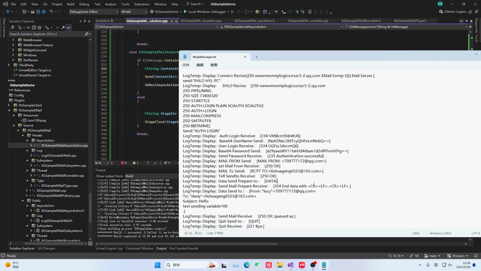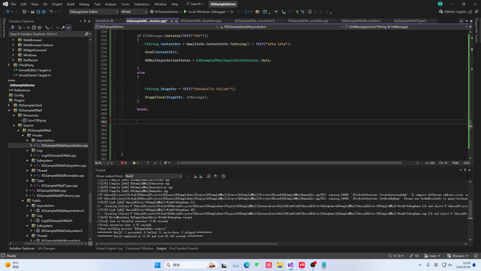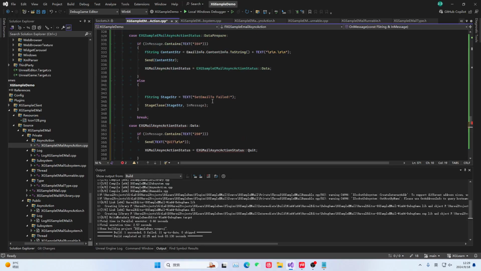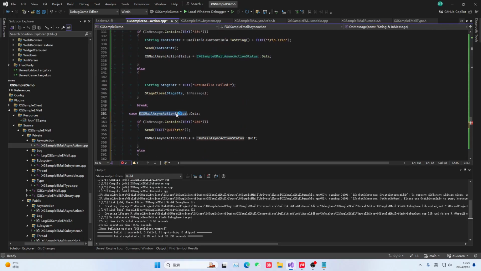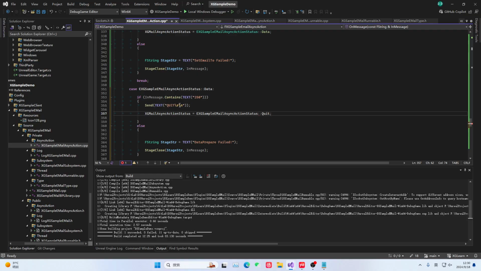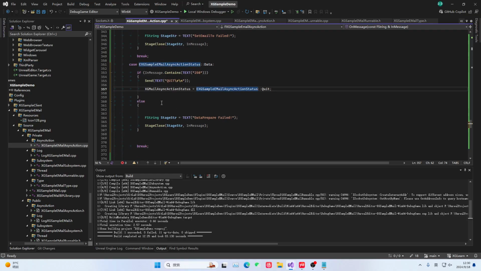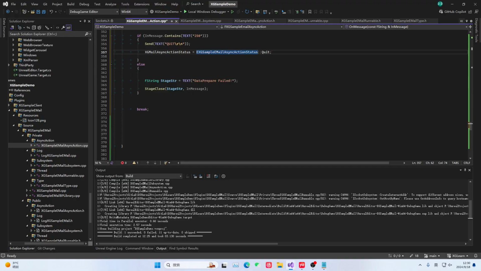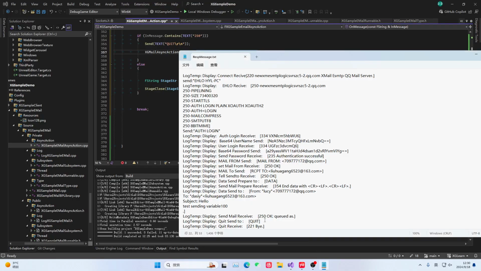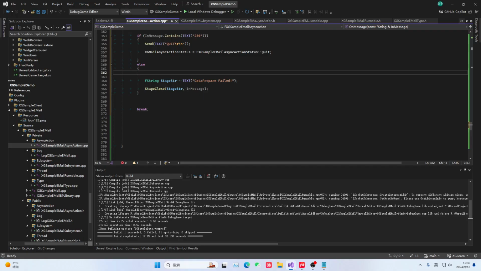Okay, after this phase is completed, because we gave this end field, he will then give a 250 okay, meaning it has been queued in. Then afterwards, we start sending the exit for this phase. It means that our data phase has been completed, so we directly send an exit message to him. Then after he receives the exit message,